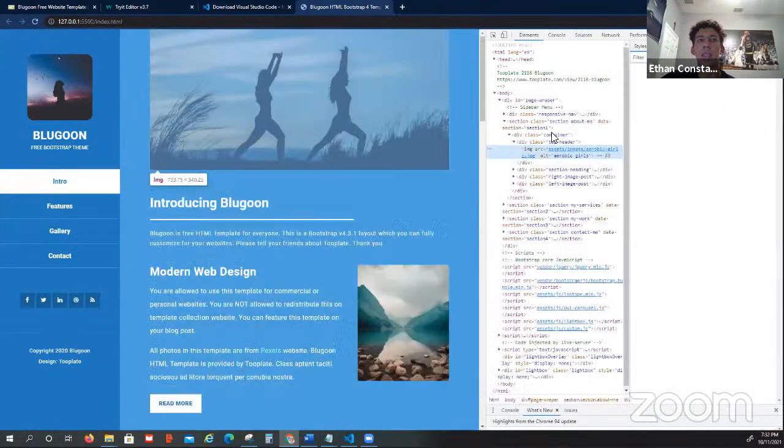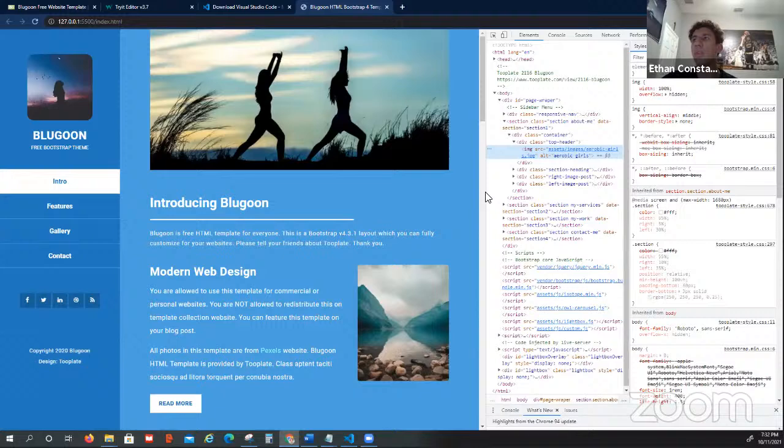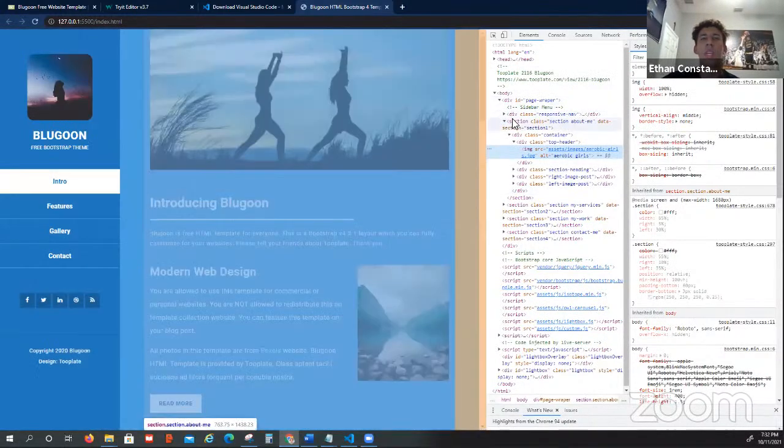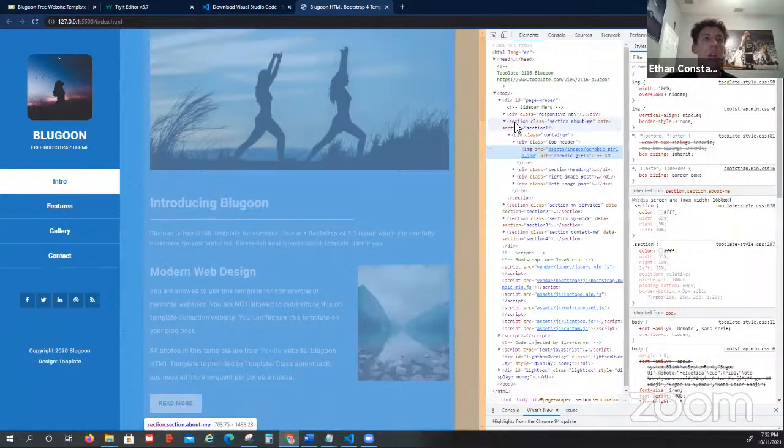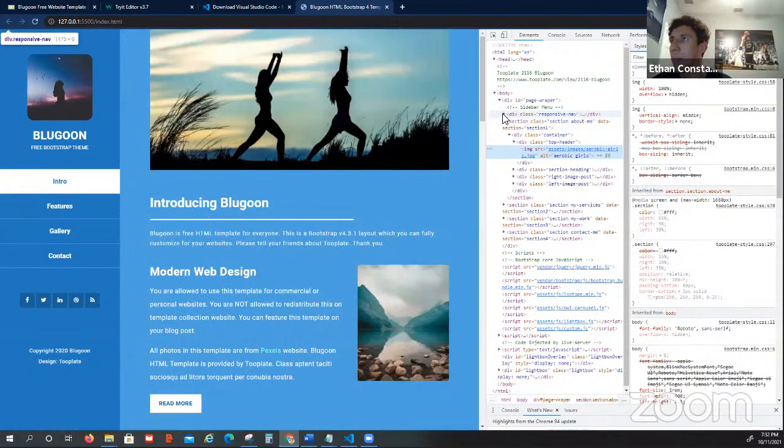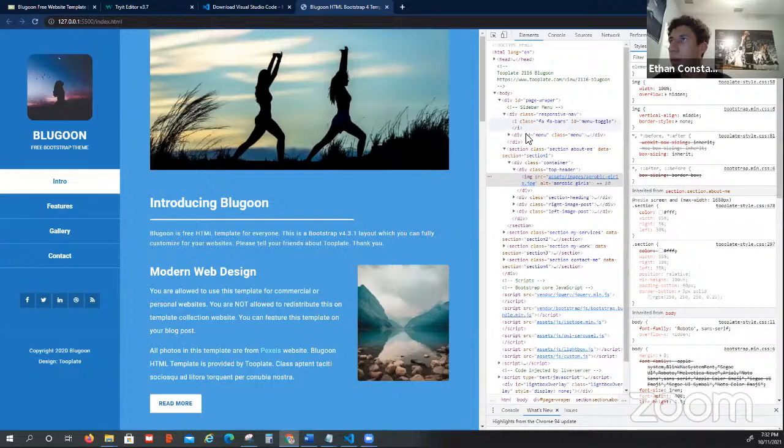And on our web page, if we hover over the different elements of HTML that are presented, we can look for the one which we want to select. So let's look for where our Blue Goon text is located. By first